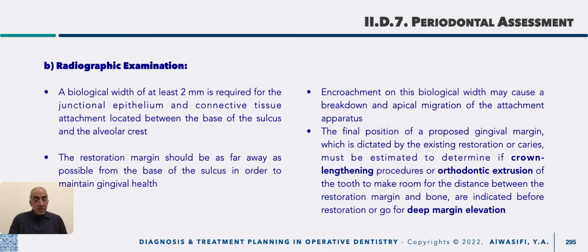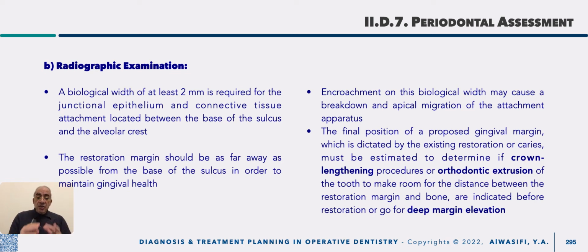the alveolar crest. The restoration margin should be as far away as possible from the base of the sulcus in order to maintain gingival health and avoid encroachment on the biological width. If your restoration margin encroaches on the biological width, then the tooth will undergo bone resorption and periodontal damage, resulting in more complications in the form of periodontal pockets and tooth mobility, and all of these will lead, one way or another, to food stagnation and